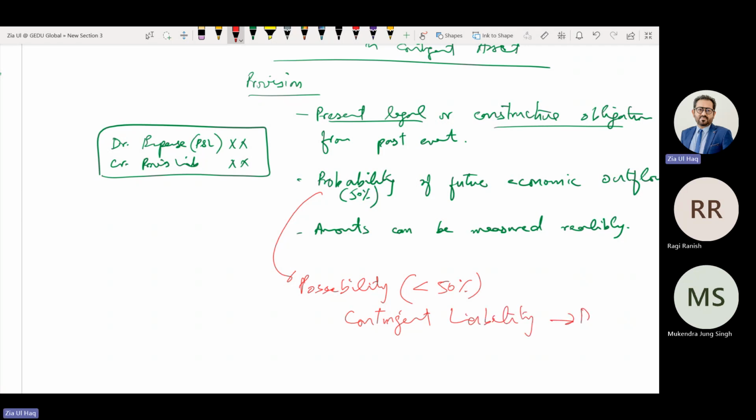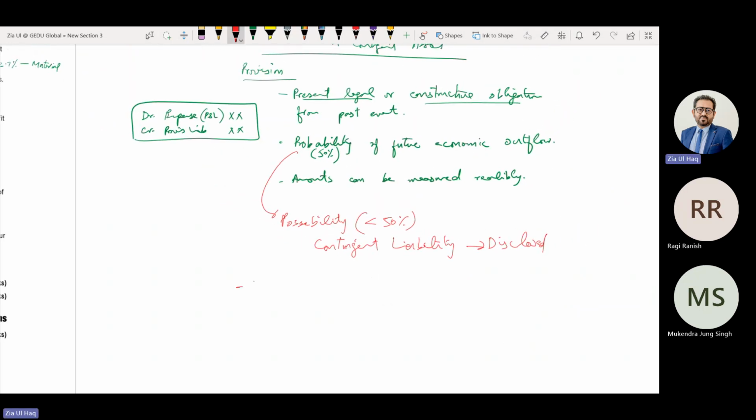A contingent liability is disclosed only, not accounted for. There is no accounting entry for contingent liability. There is no account balance in the financial statements as contingent liability. We do not record a liability as contingent liability. It is only disclosed. There is an accounting entry for provision, no accounting entry for contingent liability. Are you with me?